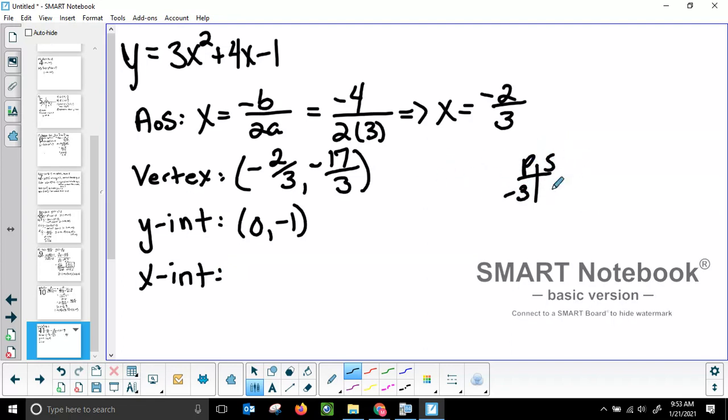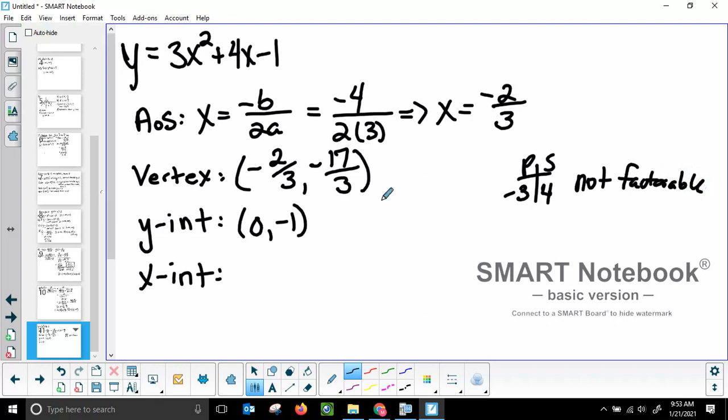A times c is negative 3, b is 4. All right, so are there any numbers that multiply together to give me negative 3 but add together to give me 4? Let's see. Nope. That is because it would just be negative 1 and 3, which would add to 2, or negative 3 and 1, which would add to negative 2. All right, so this is not factorable,